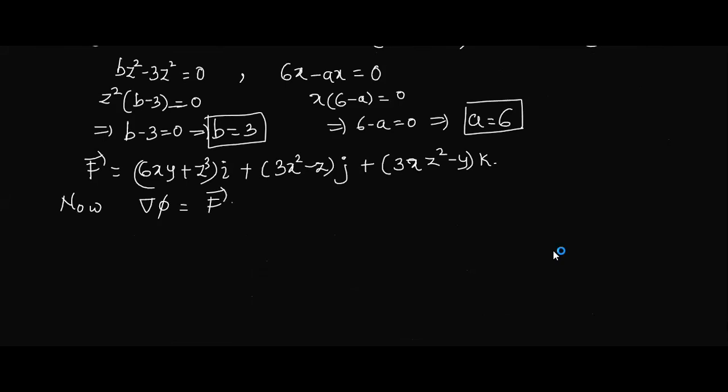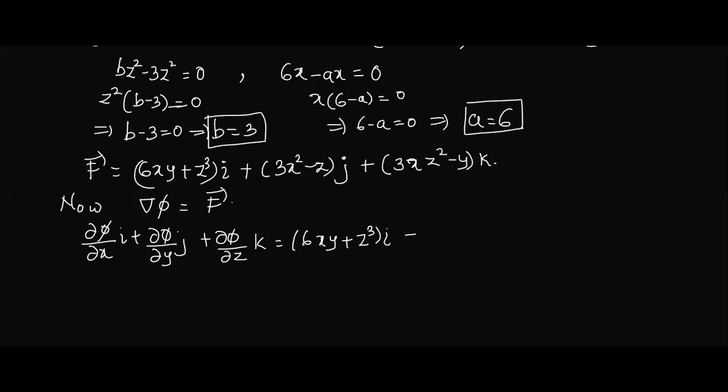Okay. Now what is del phi? How can we write it? Dou phi by dou x i plus dou phi by dou y j plus dou phi by dou z k. Last time some students had confusions. I had no time, I could not explain. So now you can concentrate. We have come across a similar problem. Again, we are writing what is del phi, which is gradient, and we are writing f.